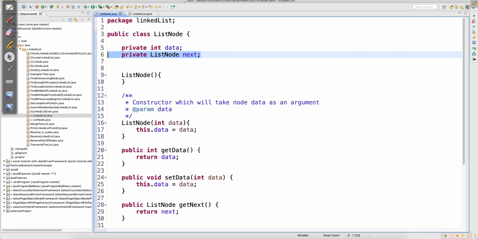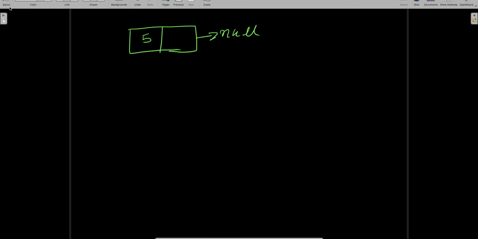And there is something called list node next. This will be null because when you create the object of this class list node, this is going to be null. Let me explain. Let's see how this node will get created. To create the node, in Java we need to create the object.